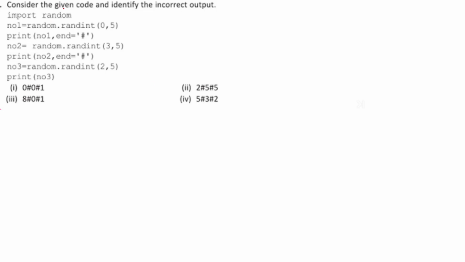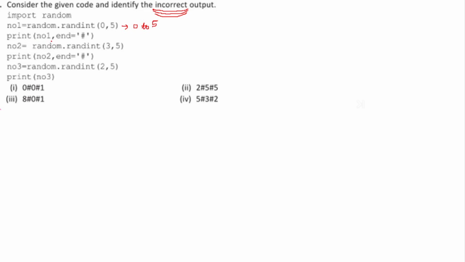Consider the given code and identify the incorrect output. Please note that you may have to find the correct as well as the incorrect output. no1 equal to random dot randint 0 comma 5. That means it will take any value from 0 to 5.